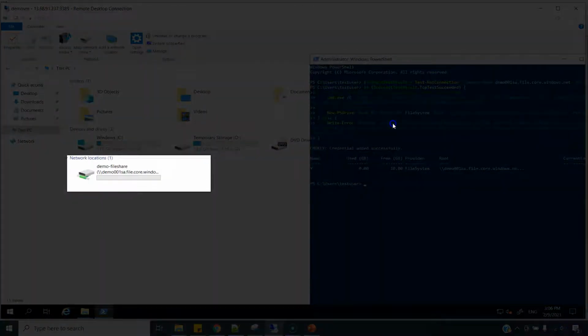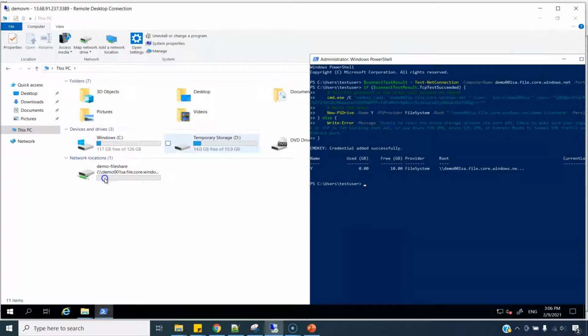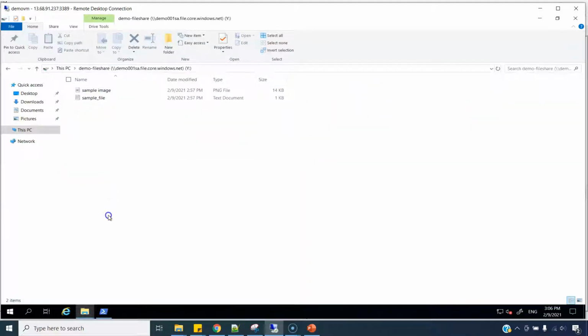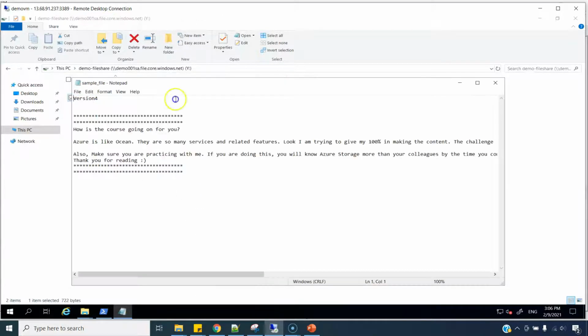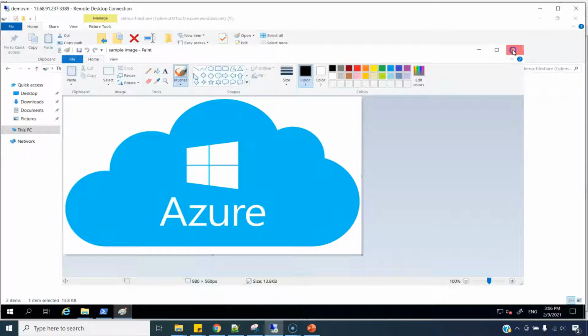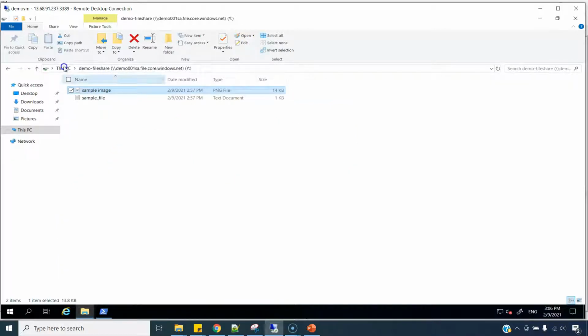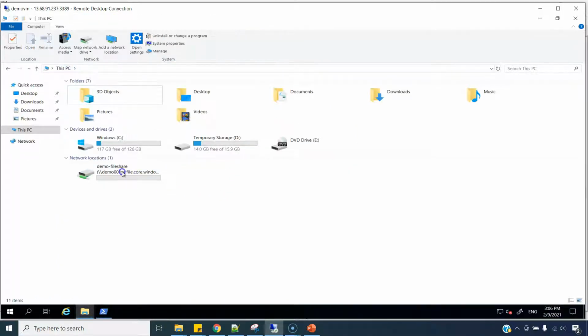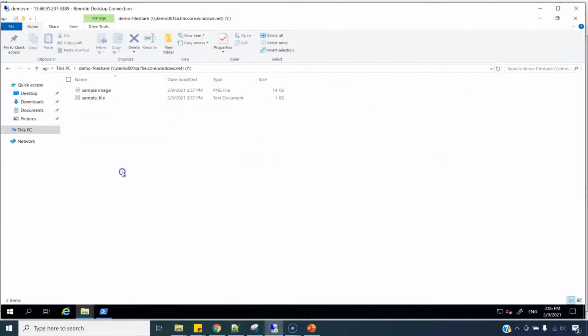There we go. File share is mounted successfully. By simply executing this script, it is like we have got another drive added to our system. We can access these files as if they are very much part of our VM itself. The different software programs running on your system can also make use of this disk. This ability of getting mounted on your system is the USP of file share and it makes it something very special.